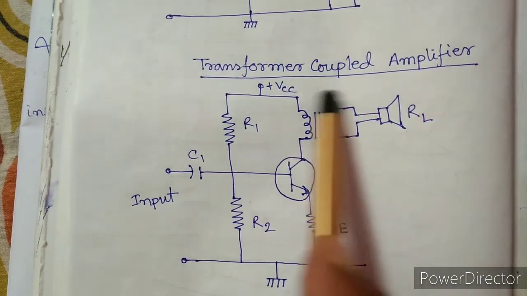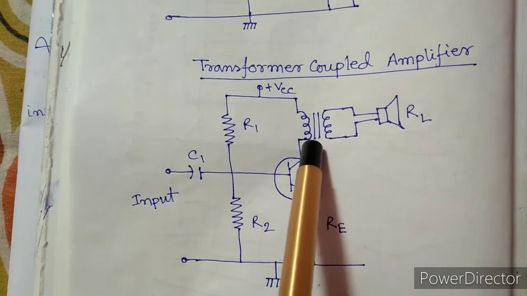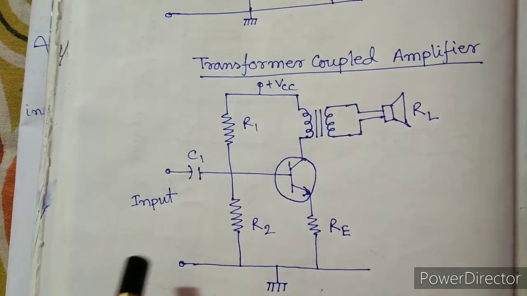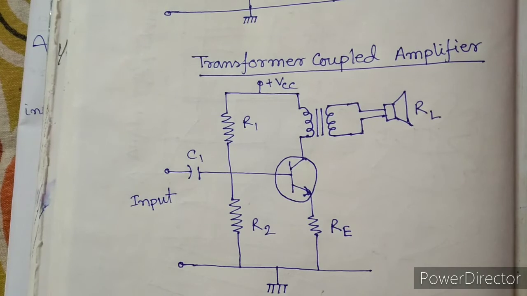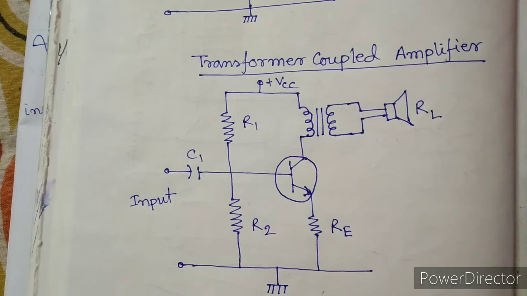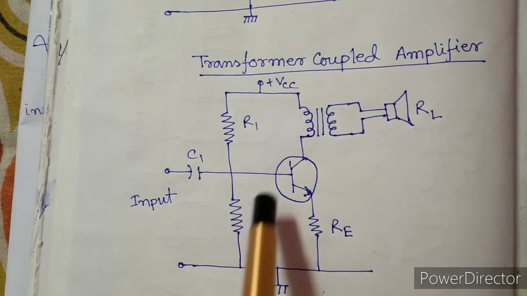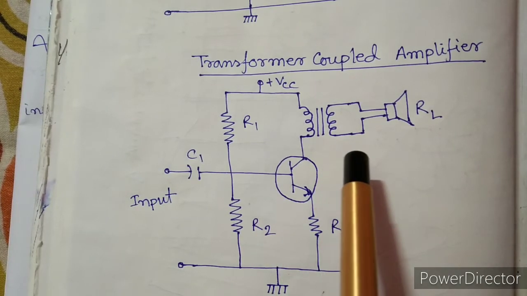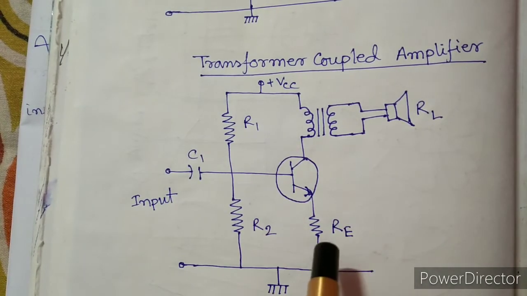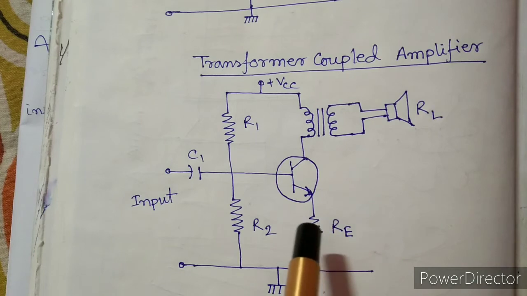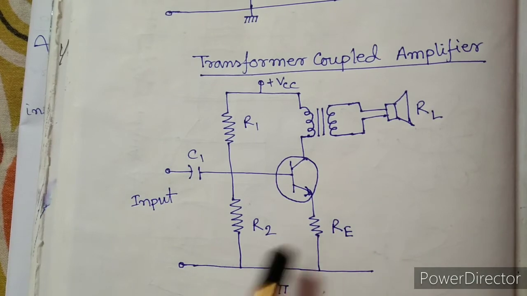So that efficiency will go near about 30%, and if we apply transformer coupling, here transformer coupling is applied. Transformer coupling is used for impedance matching purposes. The maximum power transfer theorem says that if source impedance and load impedance are equal, then maximum power will be transferred. So, using transformer coupling we match impedance, and by that way we can get the efficiency up to theoretically 50%.